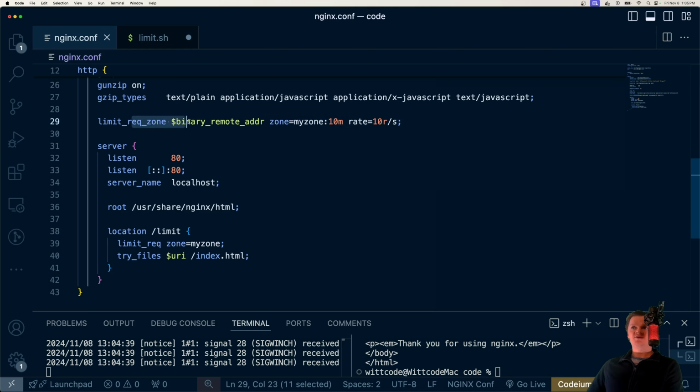Let me go over the arguments in this directive right here. The first we have is the key, which is the request characteristic that the limit is applied to, and setting it to binary remote address is a binary representation of a client's IP address. Then we have zone, which is the shared memory zone used to store the state of each request. Here we're storing how many times an IP address has accessed the /limit route in a 10 megabyte zone,